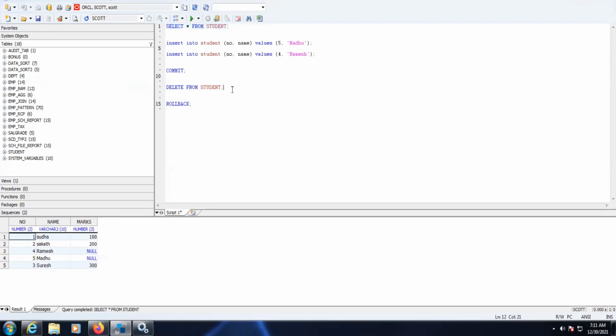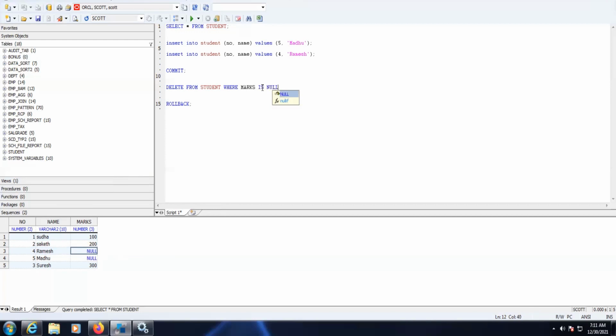Okay, so I want to delete the data for specific records where marks are null. So for that you can use the where clause. The where clause we will discuss in detail in the upcoming class. Where is used to filter the data. So select star from table name where we can filter the data. So the where clause is to filter the data in a table. Okay. So here marks is null, right? So if you see here, marks is null.